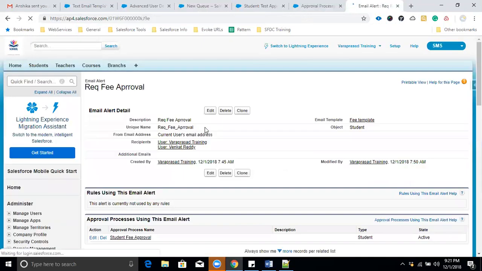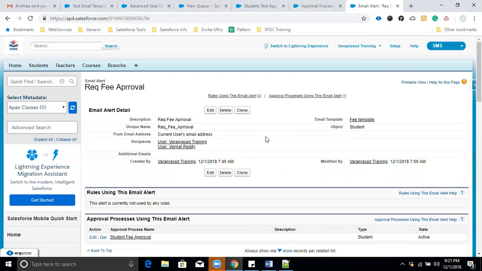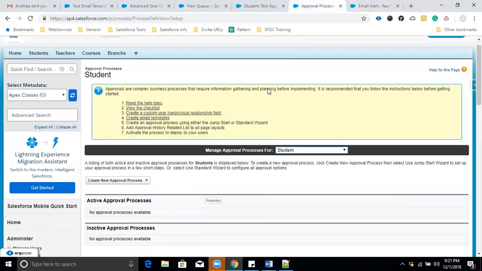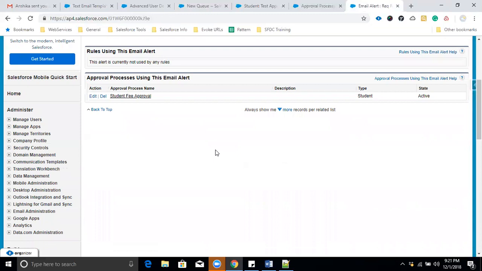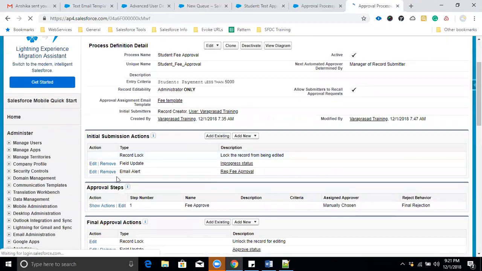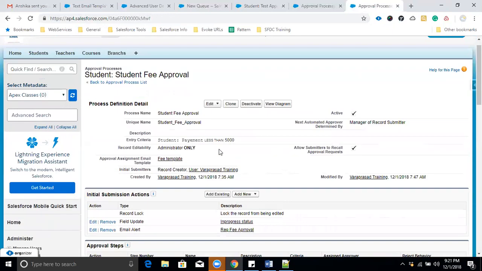But I got the mail 2 times. Maybe previously we created some workflows, right? Maybe that mail is also being received. No, but with the name Student approval, with this subject only, I got it. Okay, why? We'll see. Student fee approval. Okay, this is the initial submission action. Okay, because you have given it earlier, right?